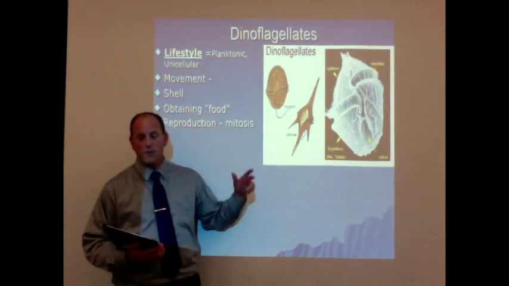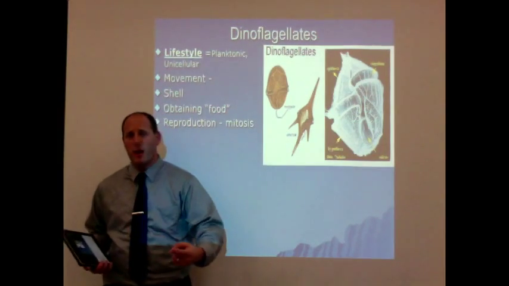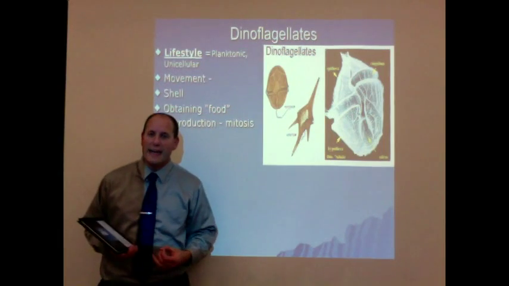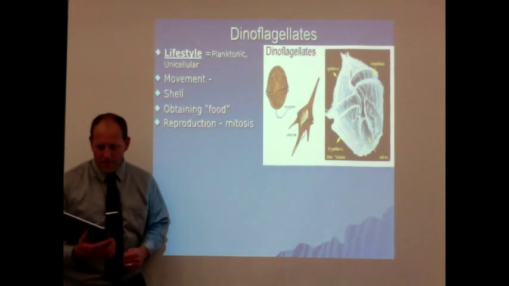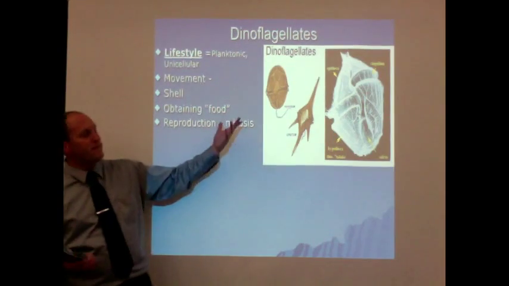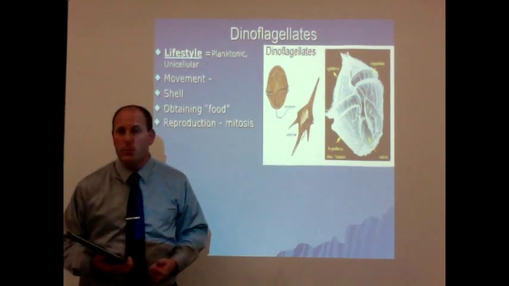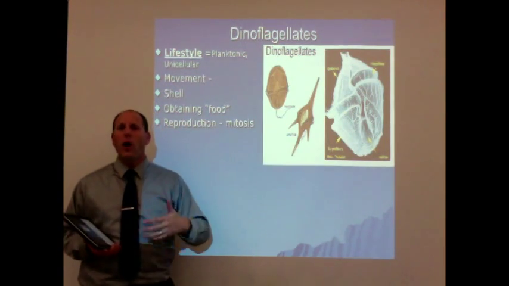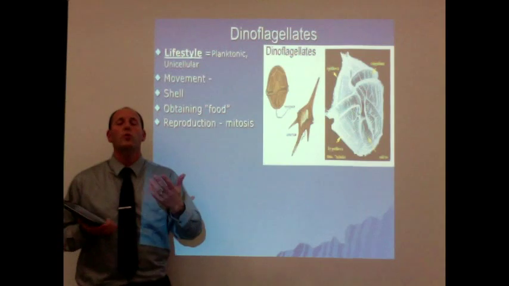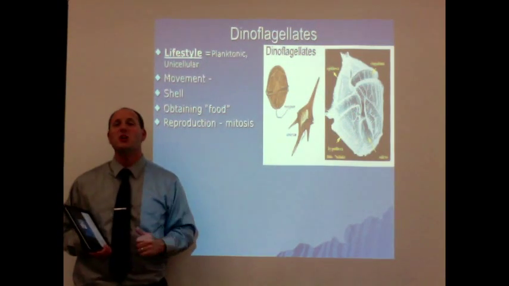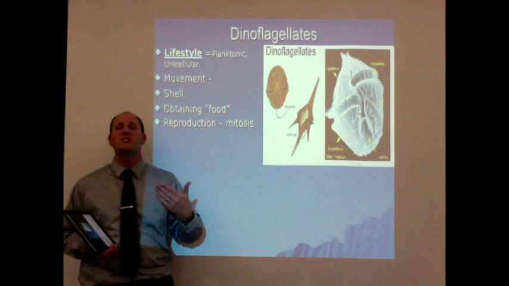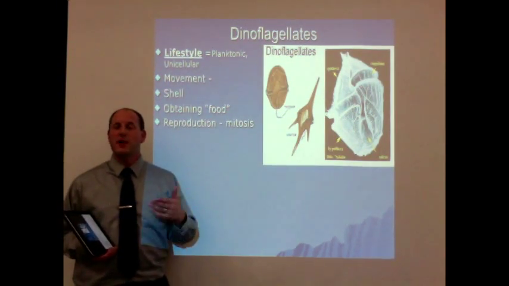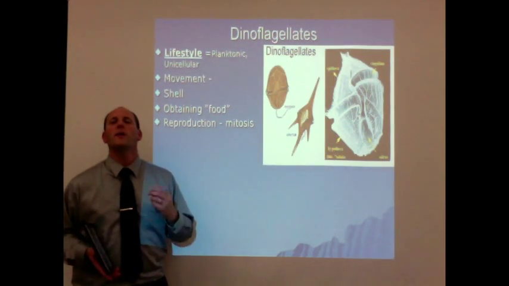When we do reproduction for these particular organisms, same thing, it's a single cell. So they reproduce through that process of mitosis, dividing into two organisms. They also can, in fact, have a dinoflagellate bloom. When that happens, for these particular organisms, as part of their lifestyle, they do release a little bit of some toxic substances. When they release these toxic substances when they're in huge numbers, bad for other organisms that are in the water, they create what we call a red tide.